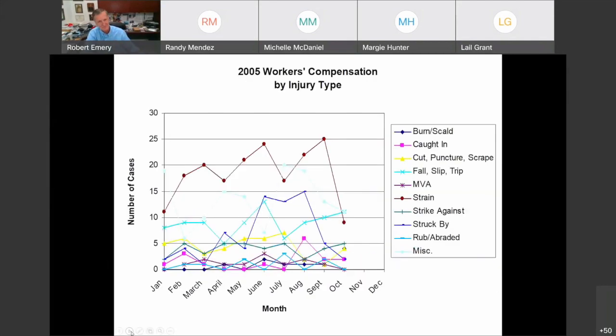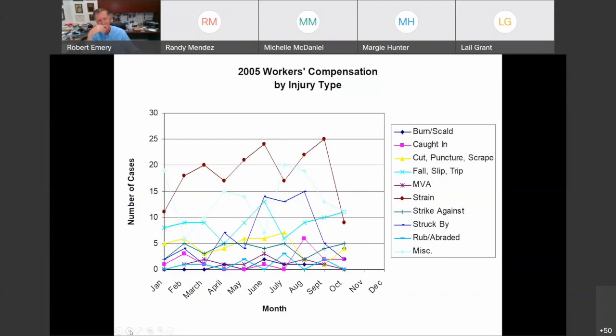So we'll go back to Chapel Hill for a second because it's an interesting graph of trying to show too much. This is workers' comp injuries by type. It's a big jumble. It's very difficult to sort out. But you know you've got a problem when the second most prevalent cause of injury is miscellaneous. That means you've got a big problem with your data collection mechanism there, which is a story for another day.